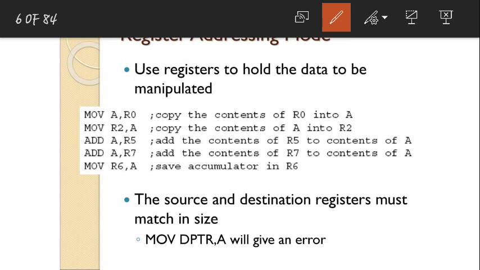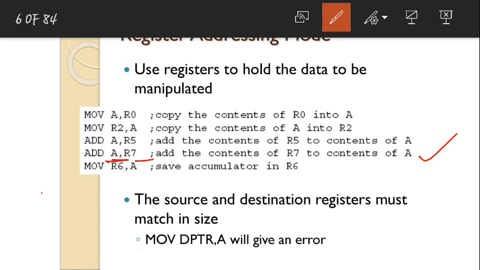So yeah, next add A comma R7. It is exactly the same as the above instruction we have seen, but here instead of adding the contents of A and R5, it will add the contents of A and R7. Write the comment in the same way: add the contents of A and R7, and then move the result to register A. This instruction says this.